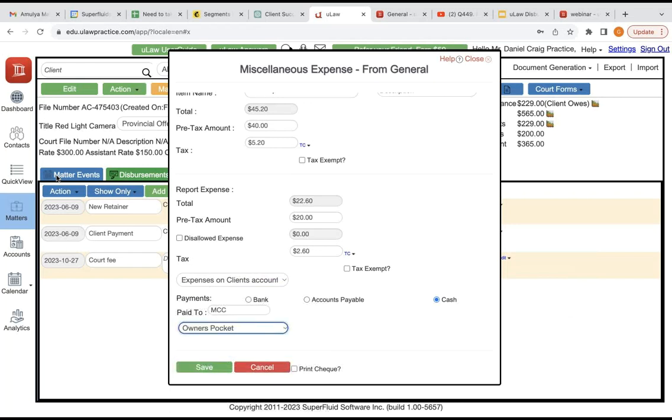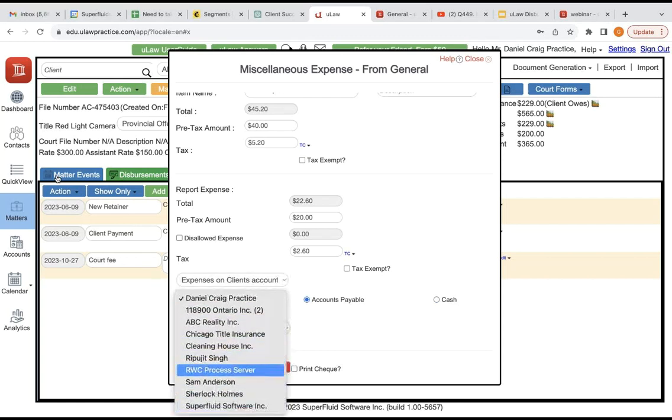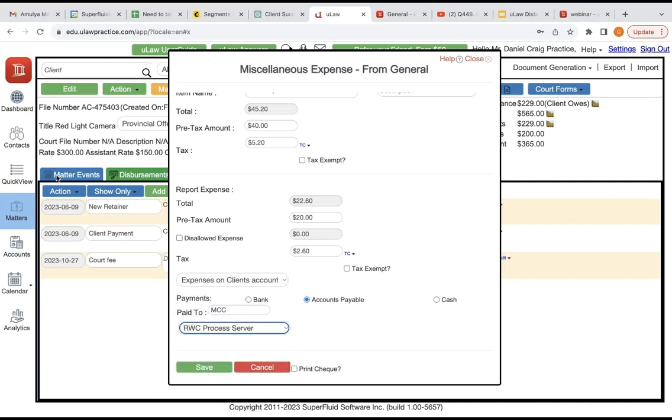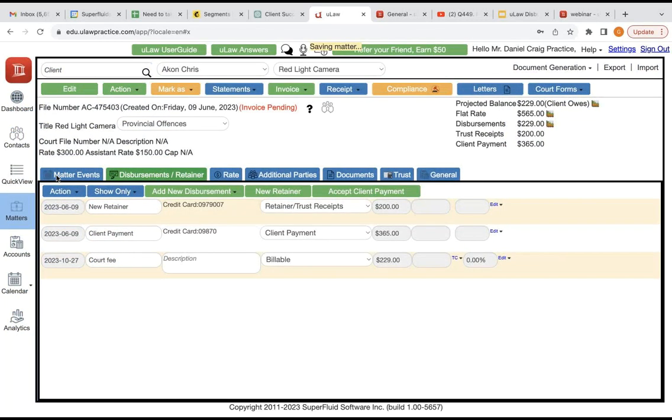One of you had asked me, what if I have not incurred it yet? I would probably have to pay it later. You can always do accounts payable. It will be under whatever your vendor is. You can put it under them and save it. As simple as that. Now I'm just going to do a bank credit card, and then save it. So you're going to see. Now let's say that